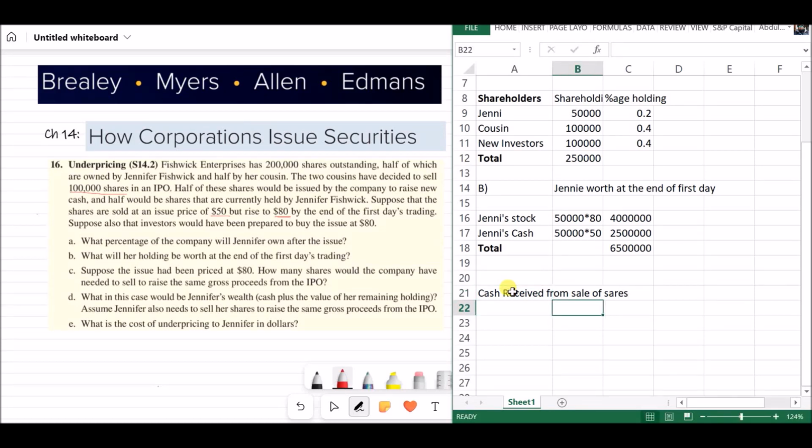So the company sold 50,000 shares at the price of 50. So how much cash they gathered is 2.5 million. So now we want to know, what if the share price was 80, the company has sold the shares at 80, then how much money we would need to get these shares. So to calculate this amount,